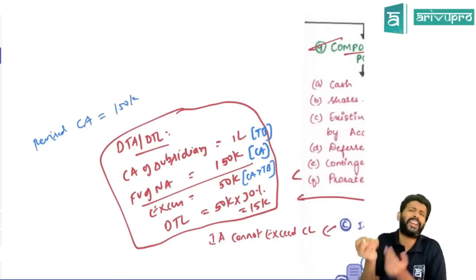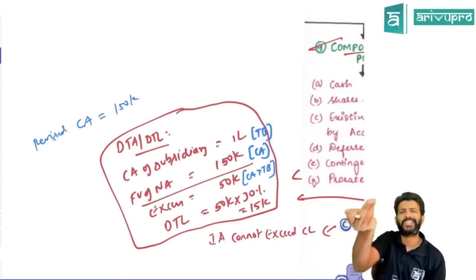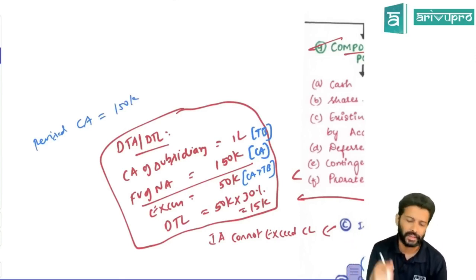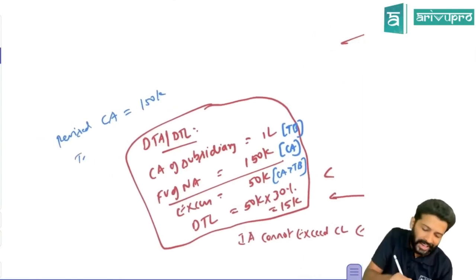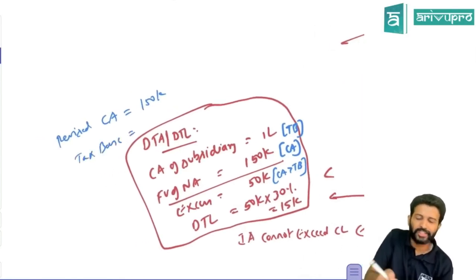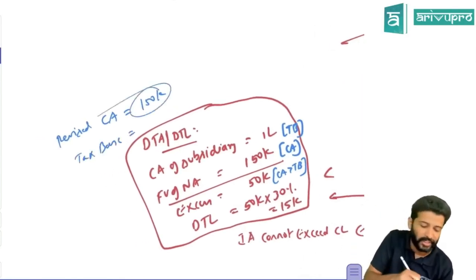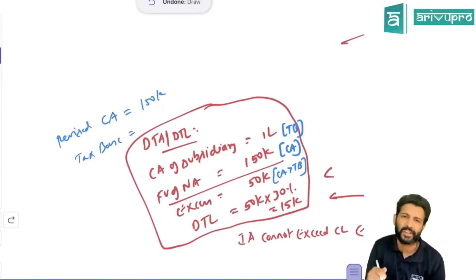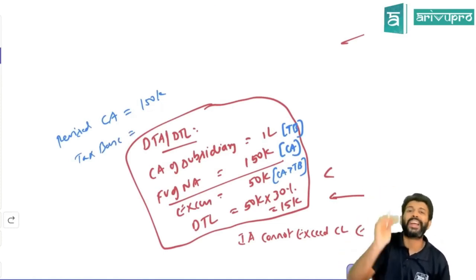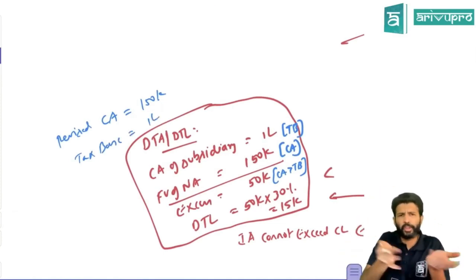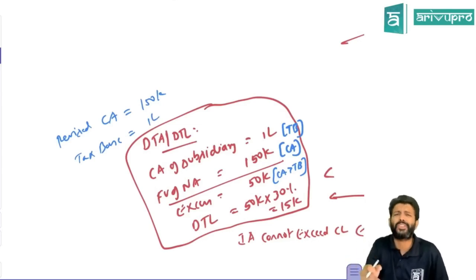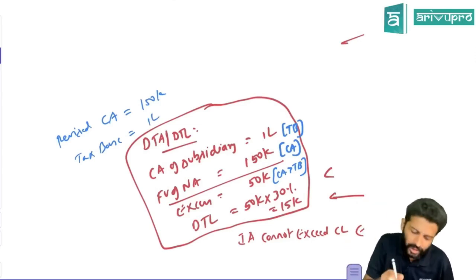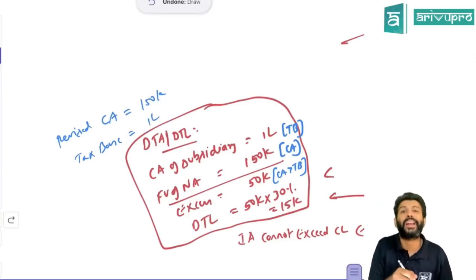Okay, because in Ind AS 103, that's the requirement. All the assets and liabilities have to be taken over at fair value. So we have recorded it. But the tax base, if you just check, all this adjustment is done as per this particular 150 recorded as per the Ind AS 103 provision. But as per the tax base, meaning as per tax record, the value will be 1 lakh only, because the fair value concept is as per Ind AS 103. Tax does not have all this. That means as per the tax, the value is still 1 lakh only. So the carrying amount and tax base are not matching.